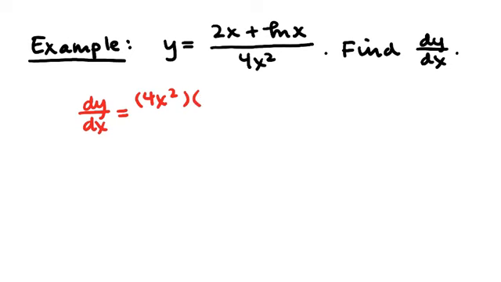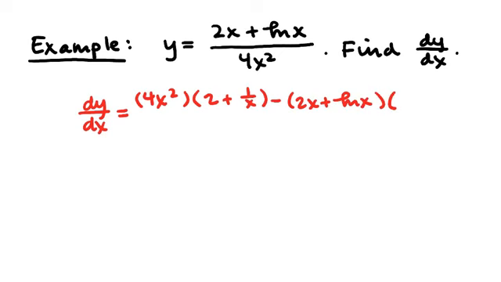What's the derivative of 2x? 2, yes. What about the derivative of log of x? That's one it's been a little longer since we talked about. I guess it was last time, but you haven't really used it. Yes, it's 1 over x. So 2 plus 1 over x, minus the top